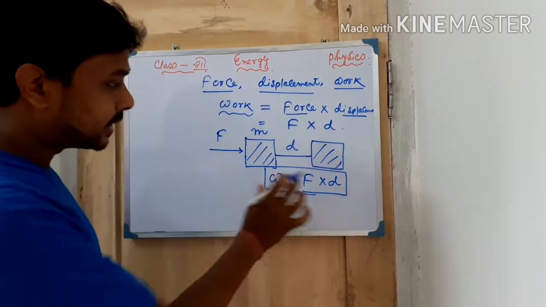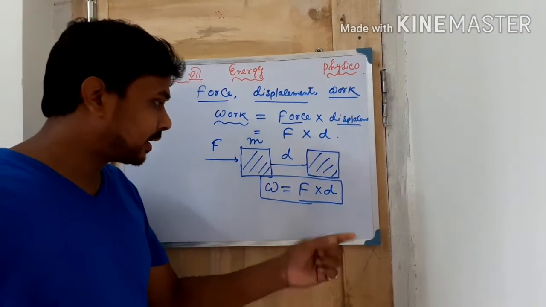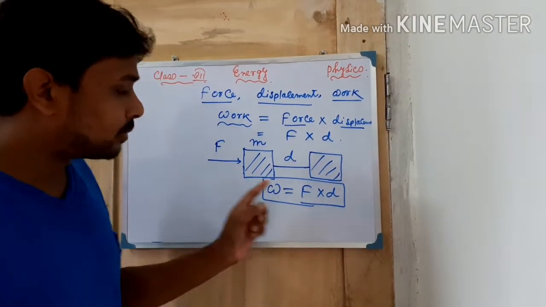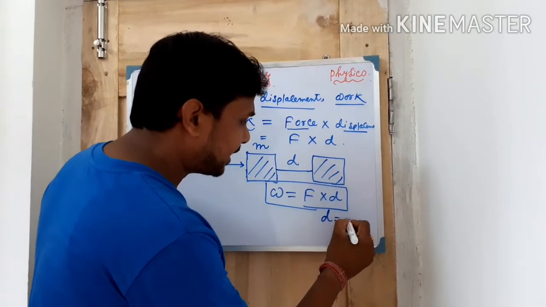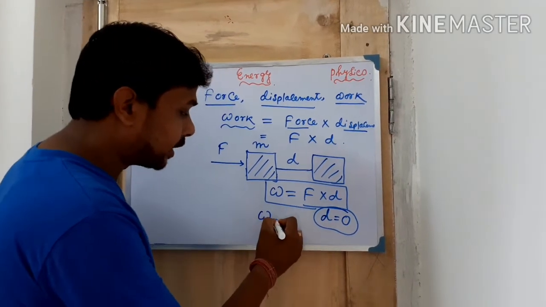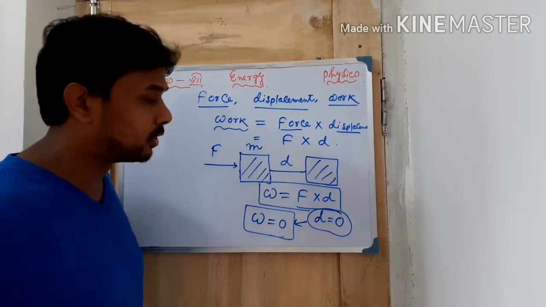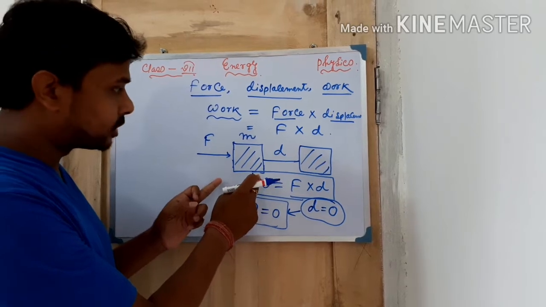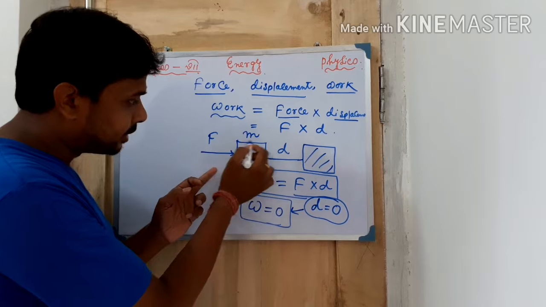So in the basic sense, work means force should be there; you have to apply force on the body. Displacement should also be there. If either of these two is zero, then the work will certainly be zero. Suppose D is equal to 0, that means displacement is 0. Can work exist? Definitely not. Work will also be 0 when D is equal to 0. It means you have given a certain amount of force to the body of mass m, but the body has not displaced and remains in the same place.